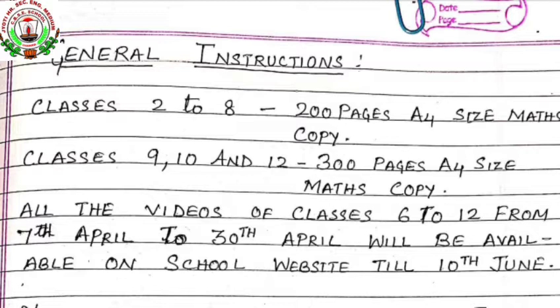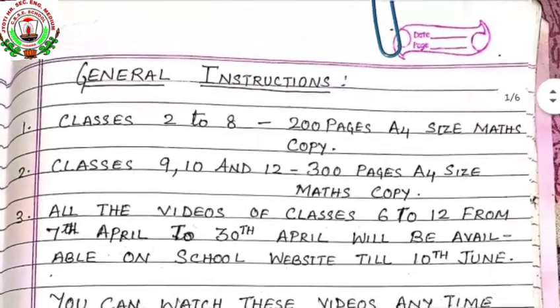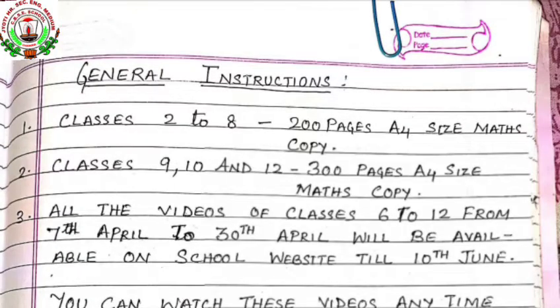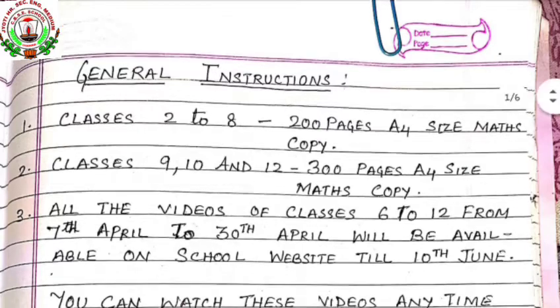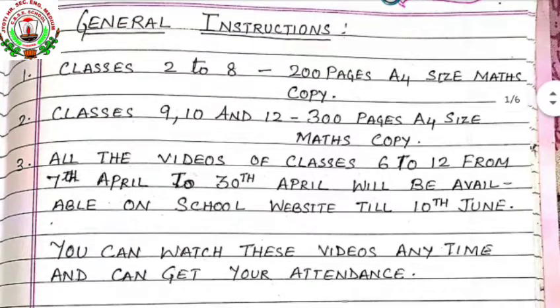General instructions are given in the first page of the PDF. Go through the general instructions. Then, till today, we have completed two lessons, that is, Heron's formula and coordinate geometry. Based on these two lessons, some questions are given as an assignment for the vacation. This assignment includes some multiple choice questions and questions to simplify.